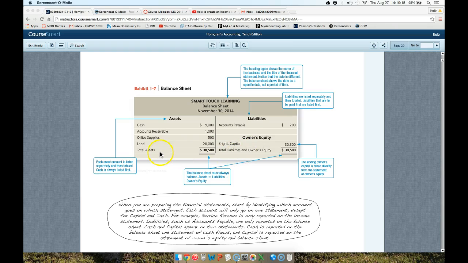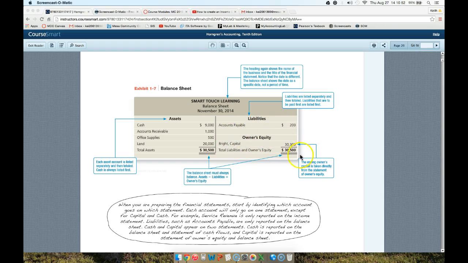We have total assets located here. Once we have all of our assets and the accounts listed in the proper margins, with the numerical values that correspond with the accounts, we have a total asset number. For illustrative purposes, it's easier to separate assets equals liabilities plus equity, due to the accounting equation formula. So on the right side of the equal sign, we have the liabilities. In this particular example, we have only one liability, so it does not necessitate a total liability